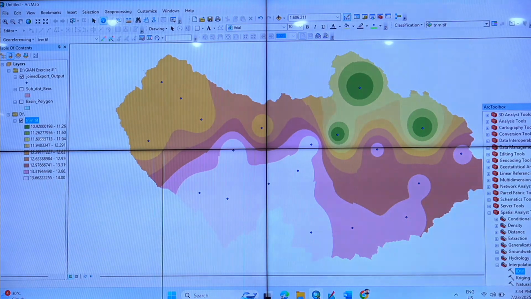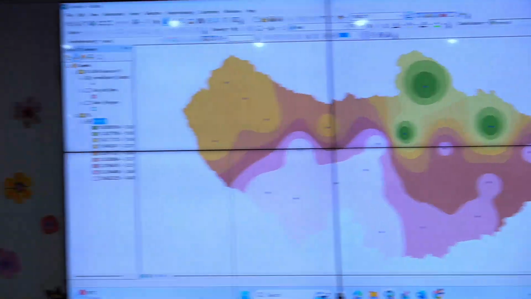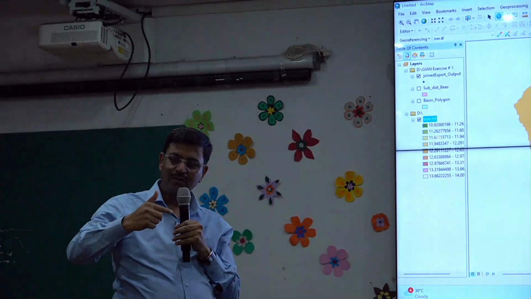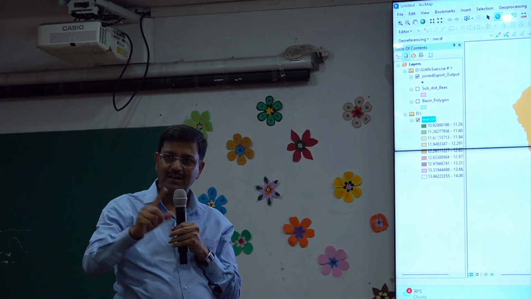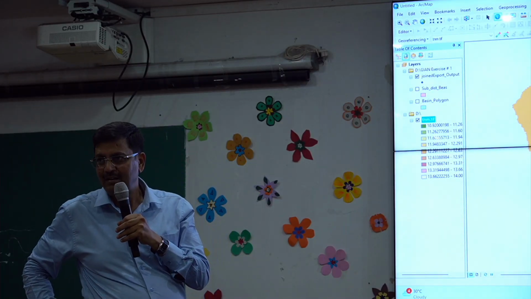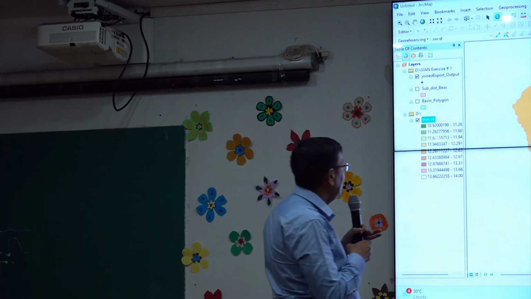And after that, this is half done. Let us proceed further from here. And we do this fuzzy membership. First we do interpolation for all the layers, one by one. And then we go for fuzzy membership for all the layers. Then we go for running the vulnerability models. Right? So quickly I'll do it.